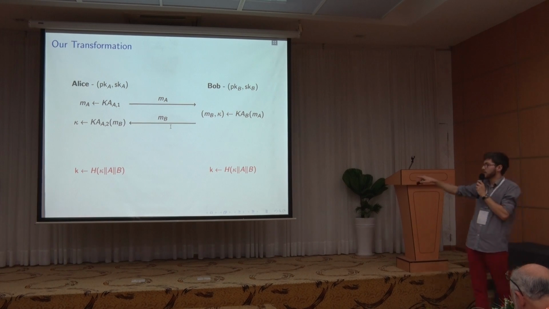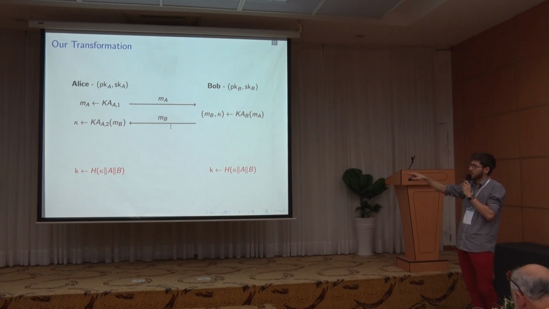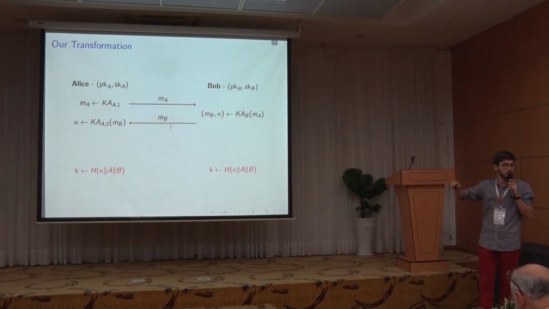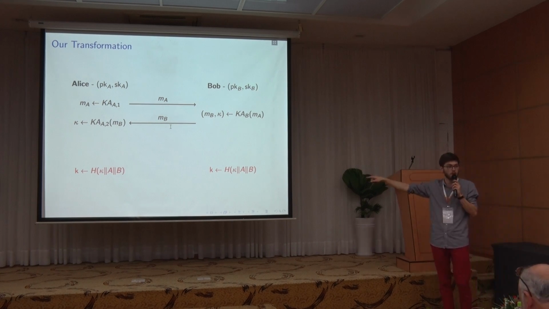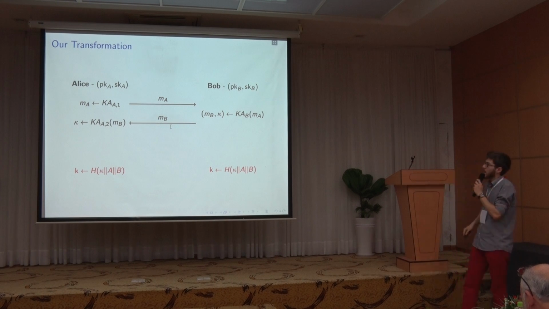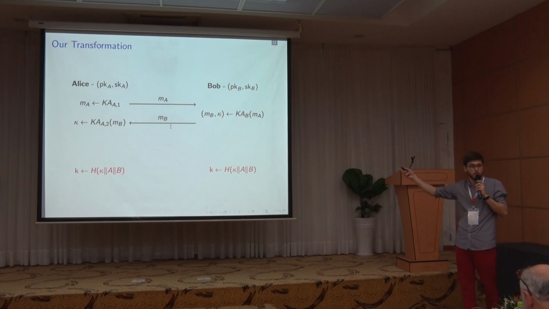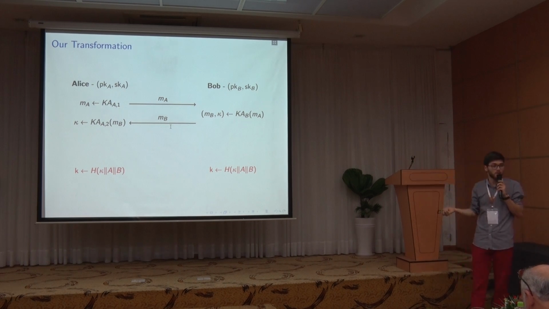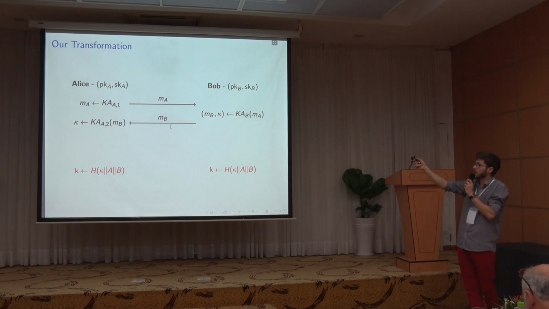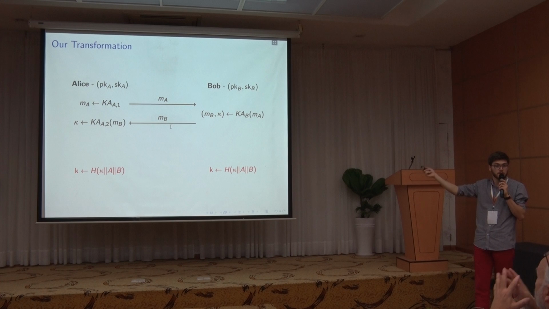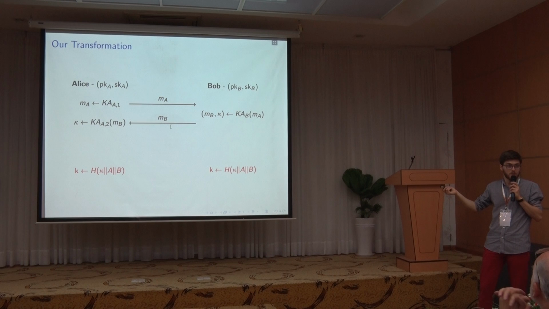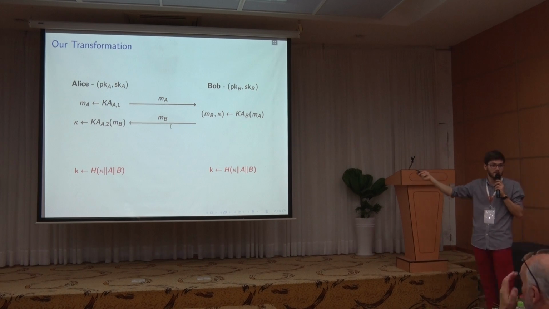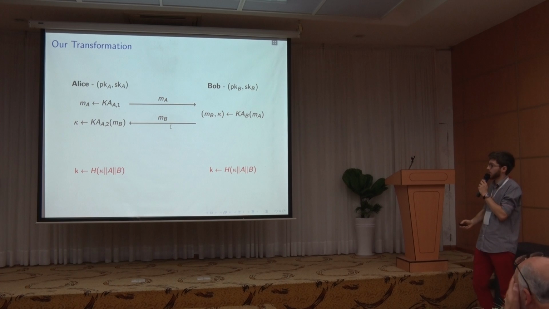And we see actually that putting the identities in the keys already achieves implicit authentication, because somebody who is not Bob will put not Bob in the hash function, and so that key will be different already. And so here, since we use a passive key exchange, we don't have any use of the long-term secret key, so in some sense we've already achieved forward security, because corrupting Alice or Bob doesn't give you any advantage because the secret key is not used. But we have no authentication whatsoever. The adversary could reroute these messages, send them to other people, these kind of things.